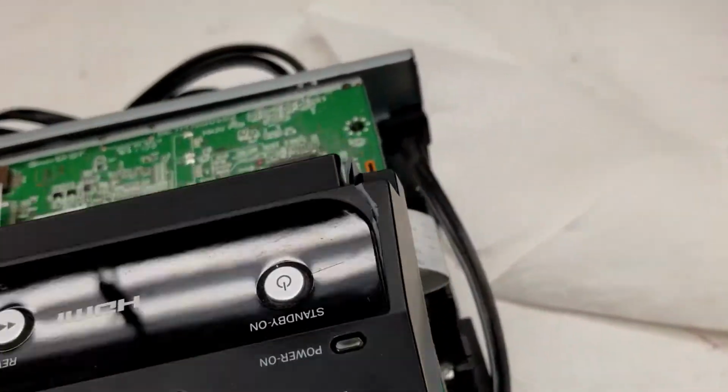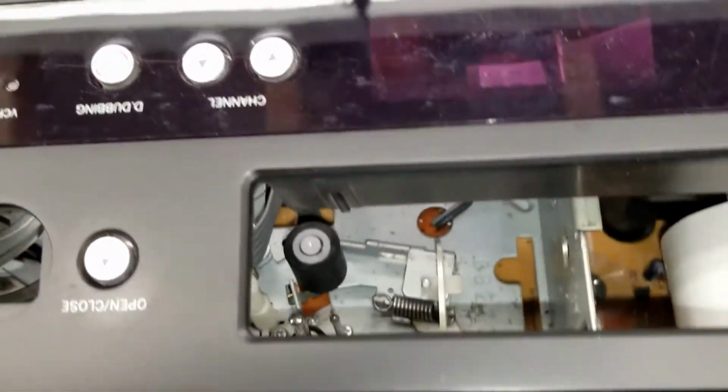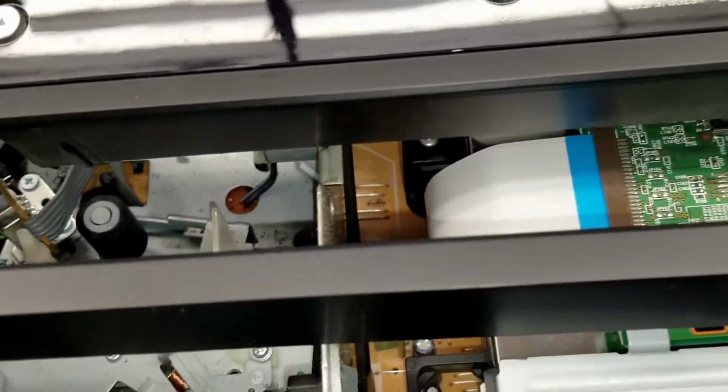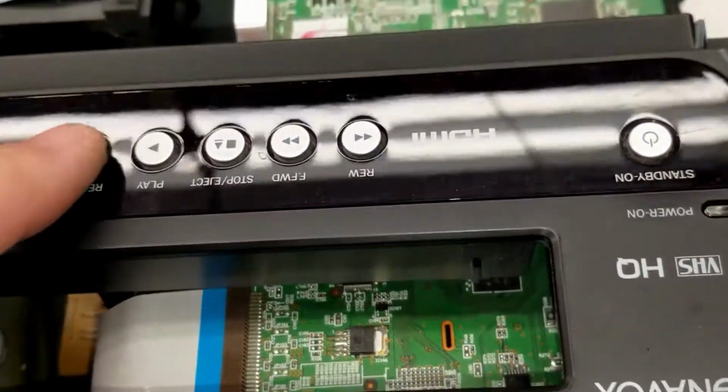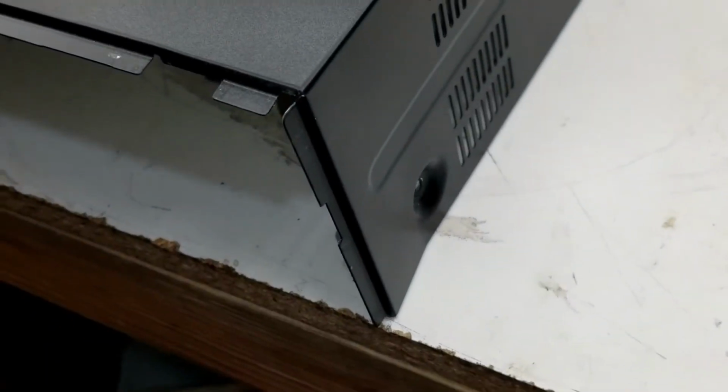Front panel's got a little bit of damage. You can see there's a crack in it right there. And a couple of the buttons have been pushed back. I pushed them back in place. They seem to be working okay. At least none of them have come out. I think we could probably straighten those up, worst case. And then, as you saw in the first part of the video when I was doing the overview, yeah, it's